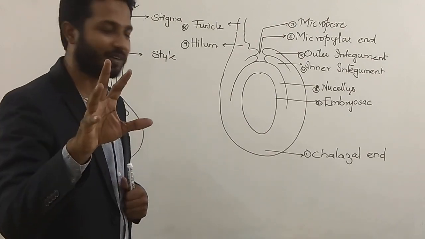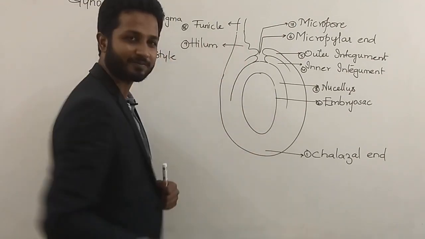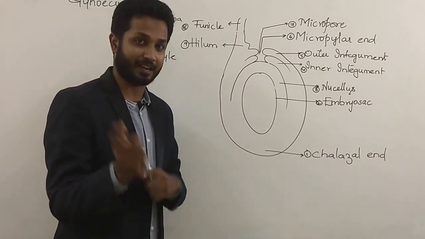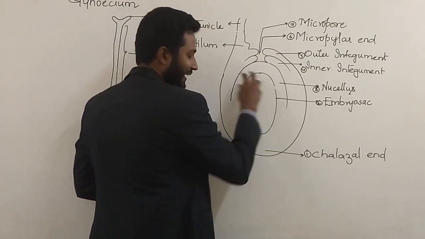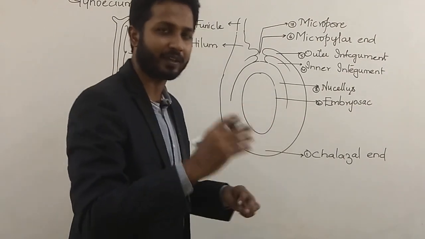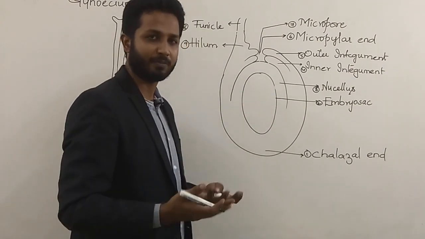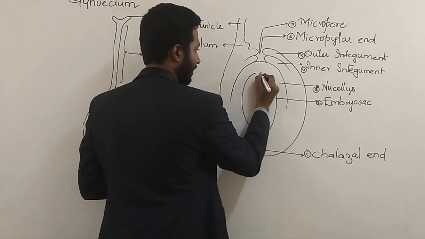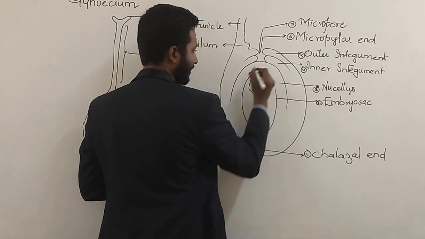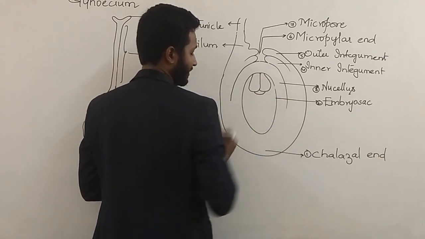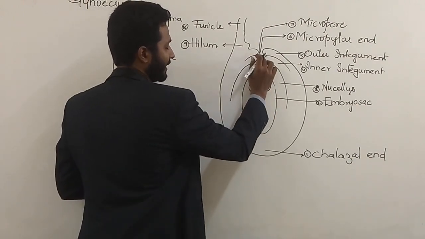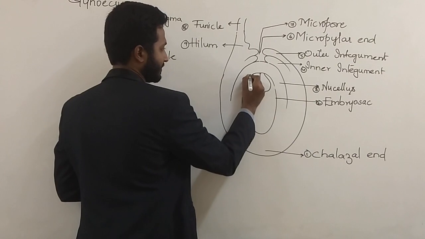Now what we will do is, we will explore the central region. We will try to enlarge the embryo sac, what you see in other image, in other pages. If we actually analyze the embryo sac, in this we have 7-celled 8 nuclei condition. I'll talk about how that 7-celled 8 nuclei condition will develop. Let us try to draw and analyze the structure. We just have to draw 2 large cells over here, which will have another cell being associated with this. We call these 3 cells towards the micropylar end as egg apparatus.